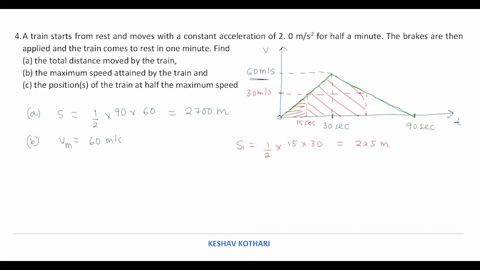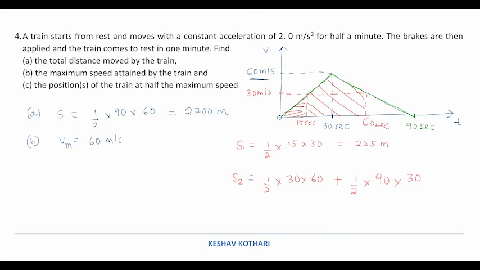And if we calculate for this area, the second area which we need to add, or the second position, I am calculating in two ways. First of all, we are calculating the triangular area, half base into height till the maximum speed is attained, and then we are calculating half. This time we are writing sum of parallel sides. This trapezium, this is 60, this is 30, sum of parallel sides into height. Now it is taking 30 to 60, 90, that is 60 seconds. So this is going to be 30 seconds. So I multiply this by 30.